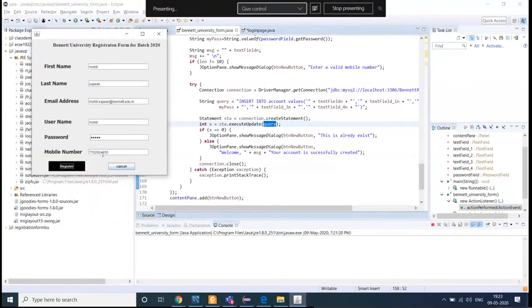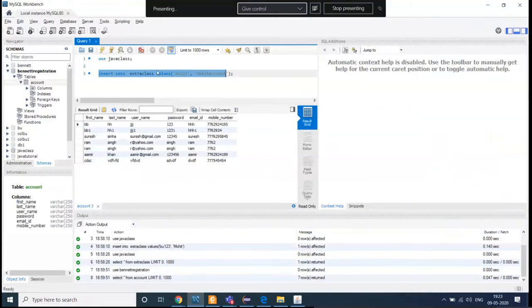Now I just want to see on my database whether I have created my database table.